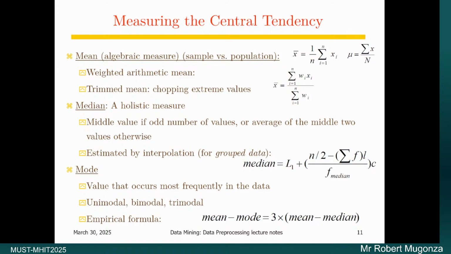When we have such central tendency measures, then the empirical formula at the bottom should enable us to get to the third measure. So given the mean and mode, you can get the median, and so forth. All those formulas are presented here so that we can recall these things that we met some long time ago, but now they're getting back into the picture.